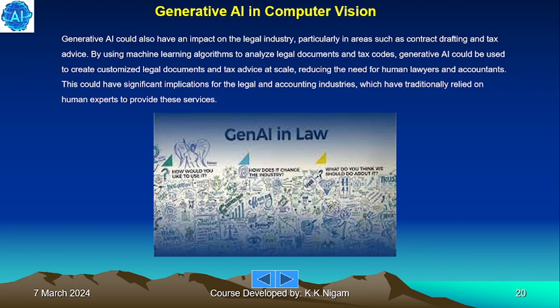Generative AI could also have an impact on the legal industry, particularly areas such as contract drafting and tax advice. By using machine learning algorithms to analyze legal documents and tax codes, generative AI could be used to create customized legal documents and tax advice at scale, reducing the need for human lawyers and accountants. This could have significant implications for the legal and accounting industries, which have traditionally relied on human expertise to provide